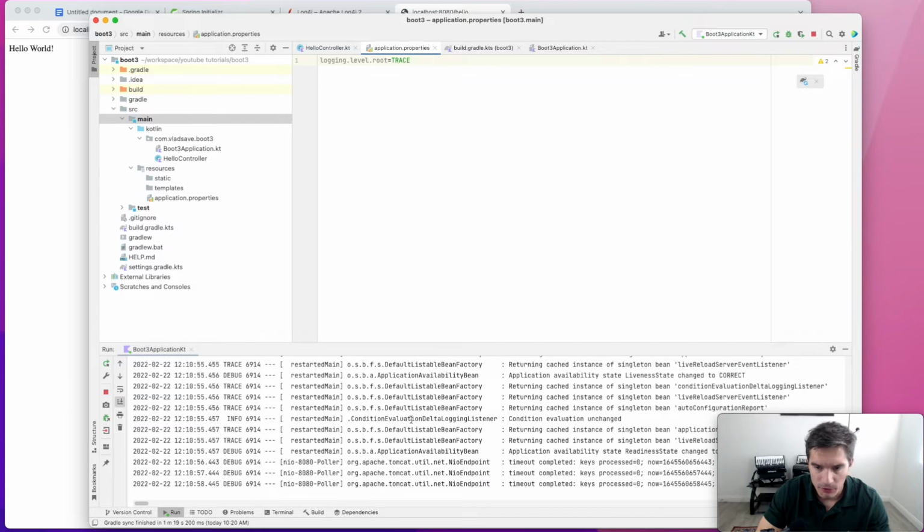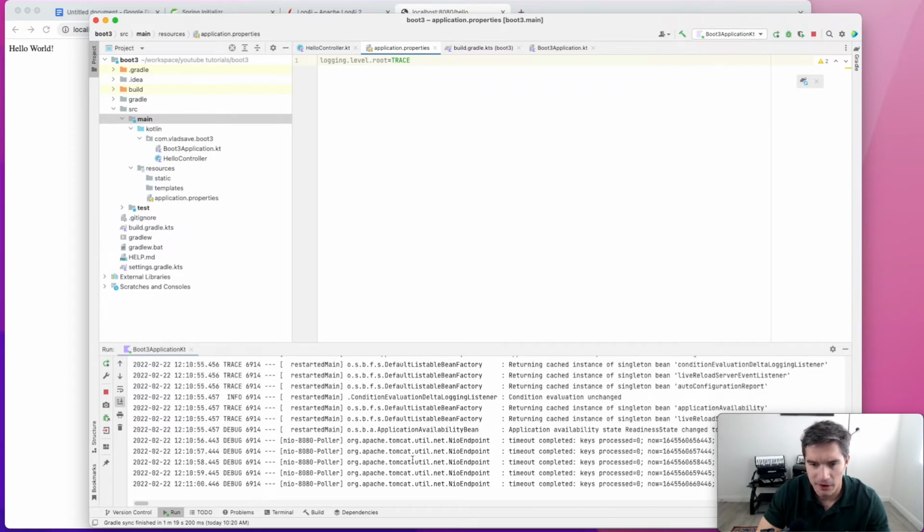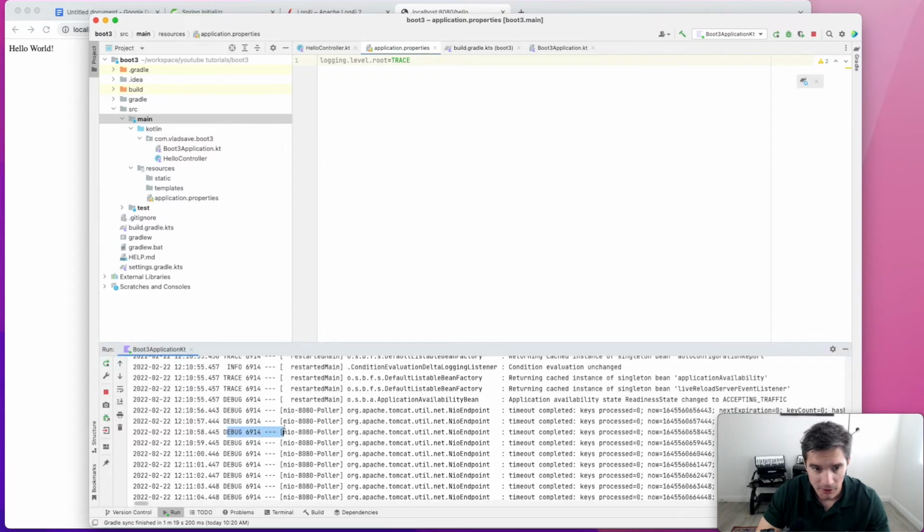And now if we scroll to the end, we actually see a lot of status information coming from the debug loggers and the trace loggers. That's why it's not a good idea to keep trace or debug on the long term. What we can also do in here is change the logging level to a specific logger. So in our case, it will be our